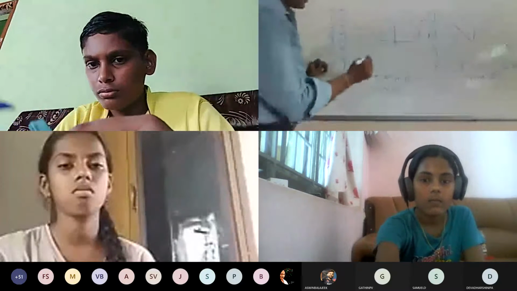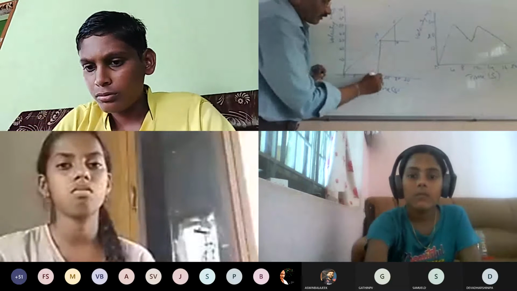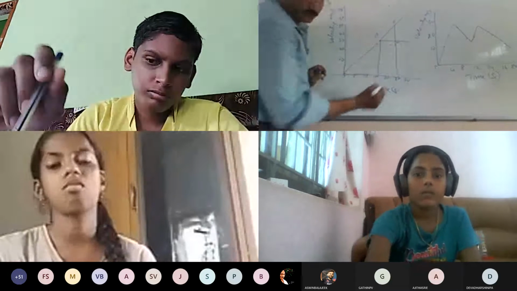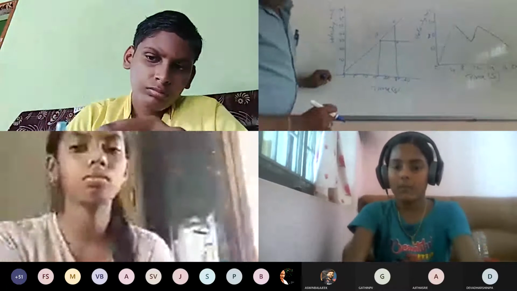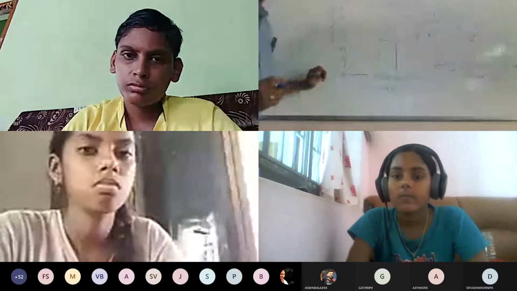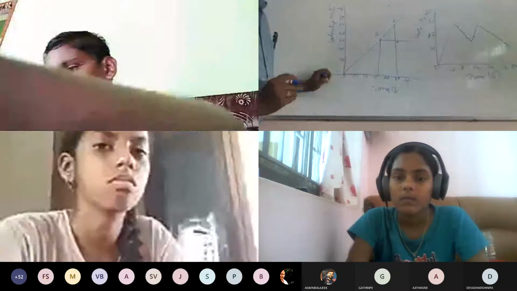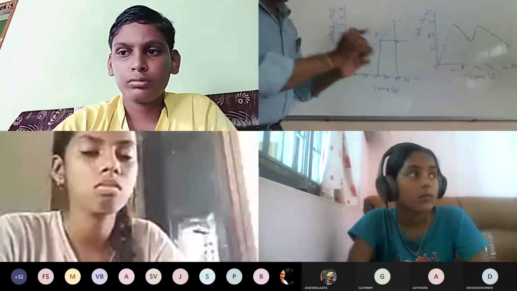Then I am drawing a perpendicular line like this. Okay? So it may be like 10 ல இருந்து நமக்கு வர சான்ஸ் இருக்கு. So here now I want to calculate the distance traveled by the car. Total distance traveled by the car. For that, what I want to do?